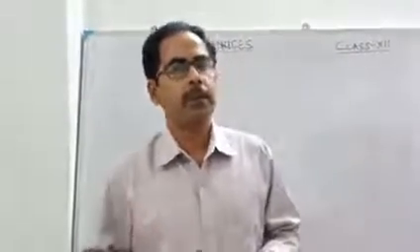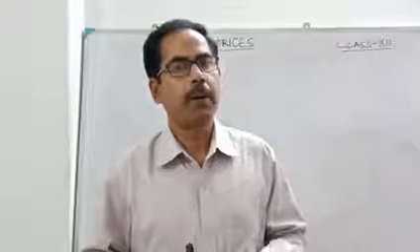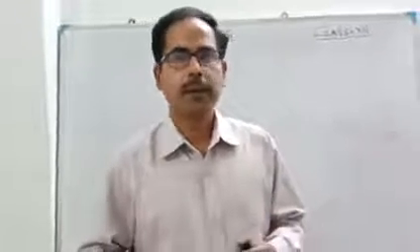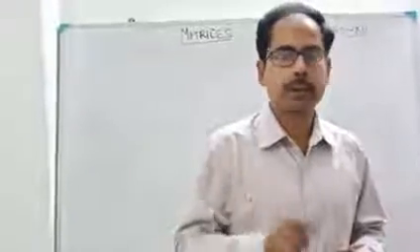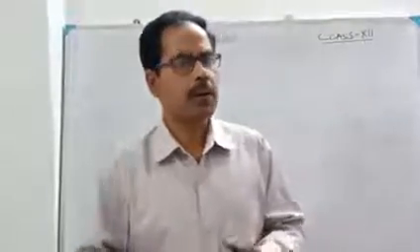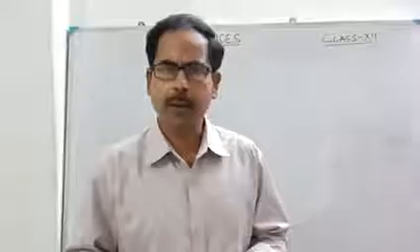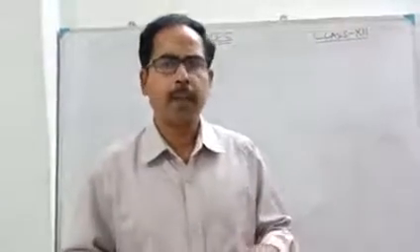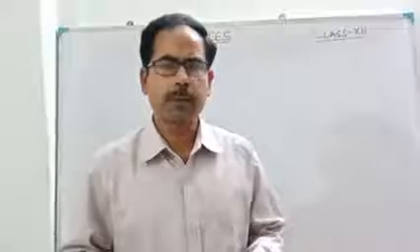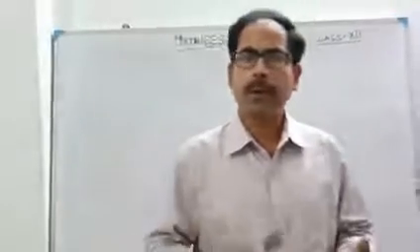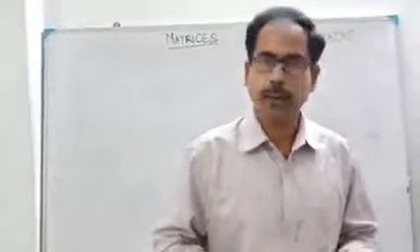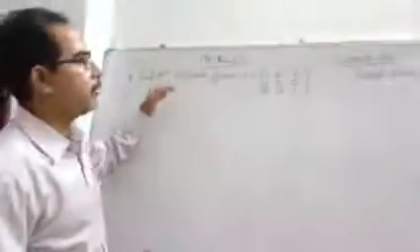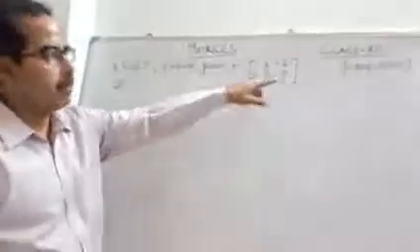Already in the previous video you have checked the elementary operations of the matrices. I have shown two examples there, one with the row transformation, another with the column transformation. Both I have taken as 2 by 2 matrices. Now in this video I will show you, by taking examples again, one of row transformation and another of column transformation, but with 3 by 3 matrices. I hope you can understand. Now I have taken one 3 by 3 matrix, same as before.